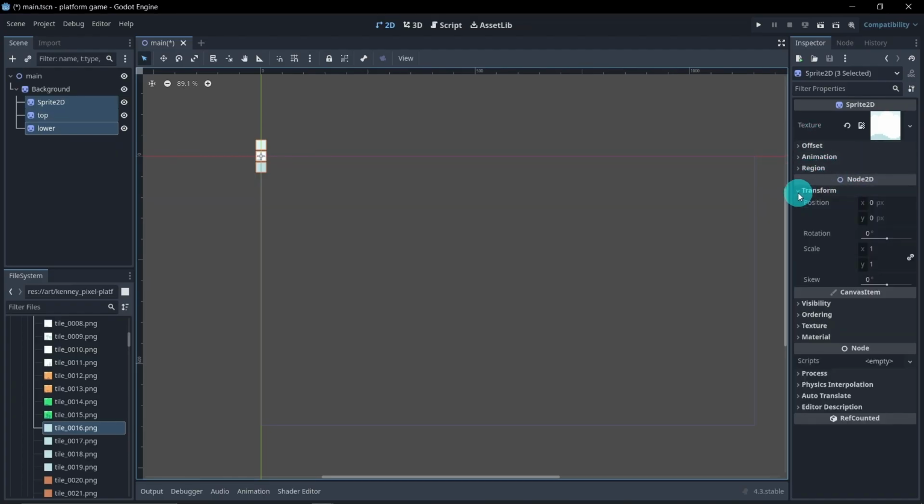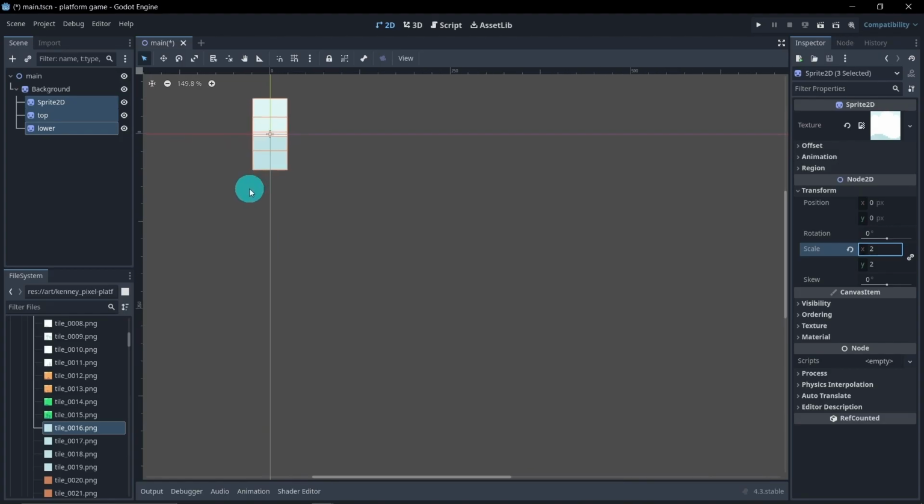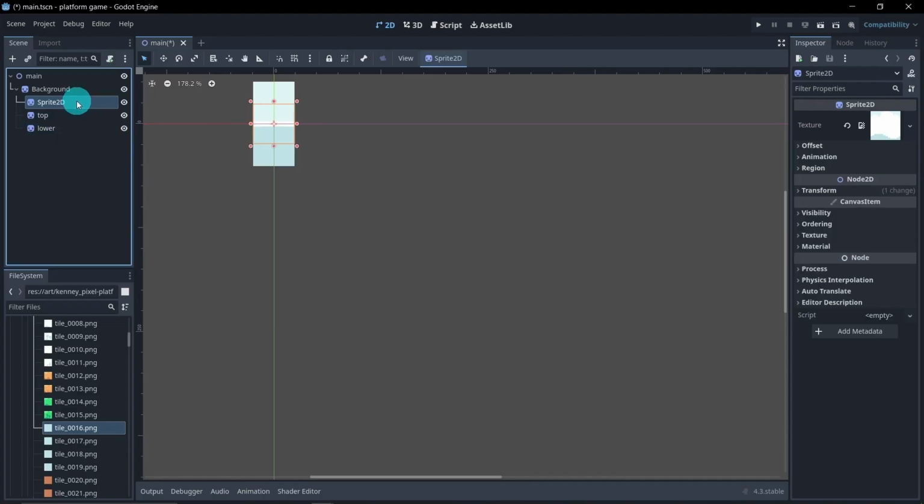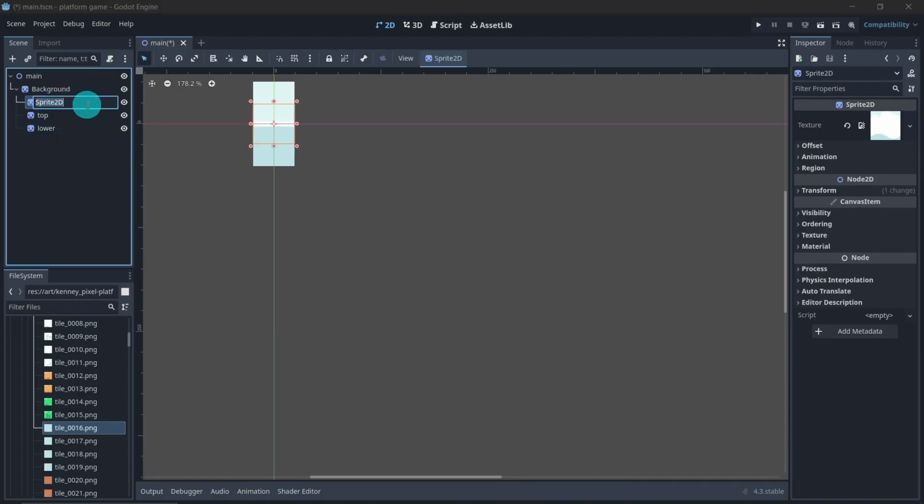So let's go ahead to the transform. We're going to find that scale, and let's see what 2 looks like for each of them. That looks pretty good. I think we could actually use 2. I like it. All right, we'll keep it at 2 for now. So now that we got the size correctly, we need to put these in the right areas. So let's go ahead and do the middle one first, and we will rename that middle also. Let's do middle,